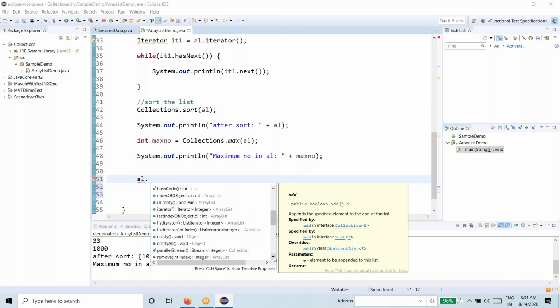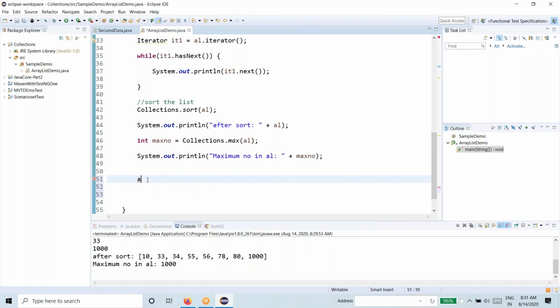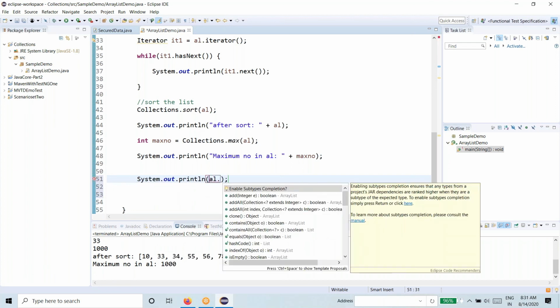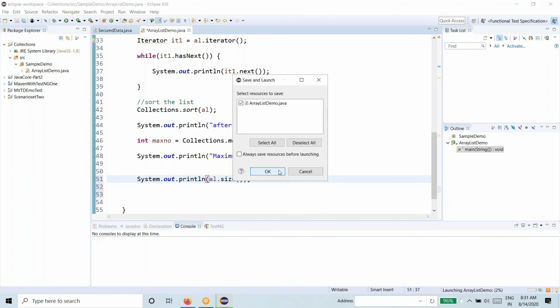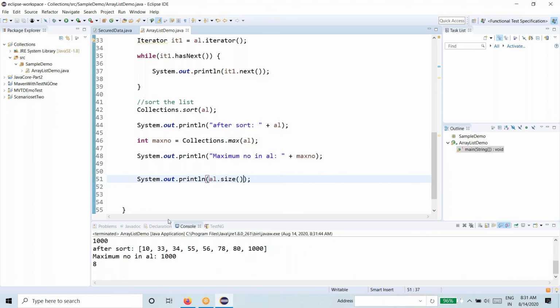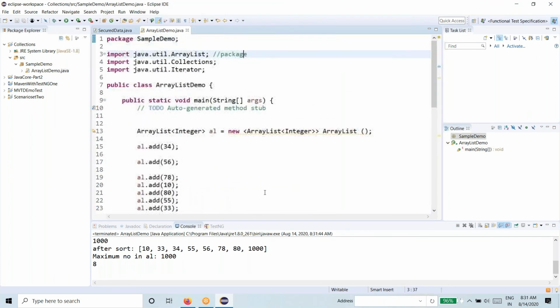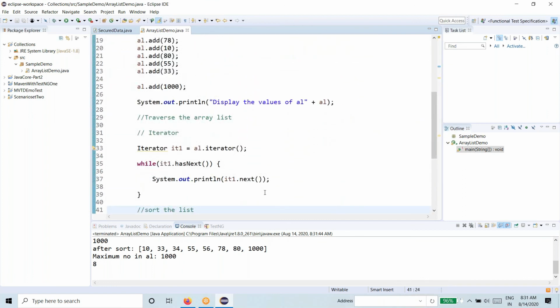Whatever you want to do, you can do by using all these powerful methods available in array list class under list interface. And one more thing is, if I want to get the number of elements in array list, what is the size? Very simple method, that is size. In array it is length, in array list it is size. So if I execute, I can get the total number of elements present in the array list. So this is the difference between array infrastructure and the collections infrastructure, and this is all about array list. Thank you so much.